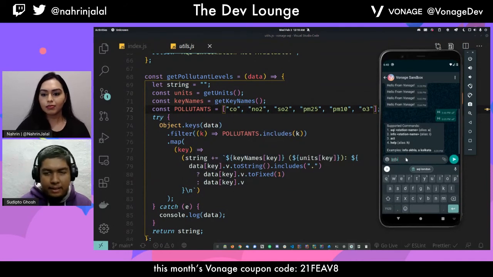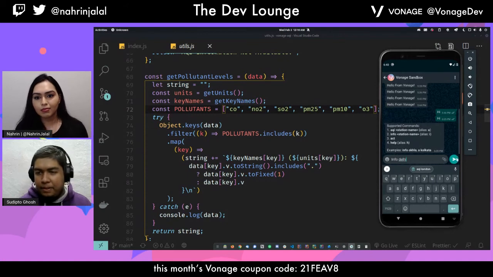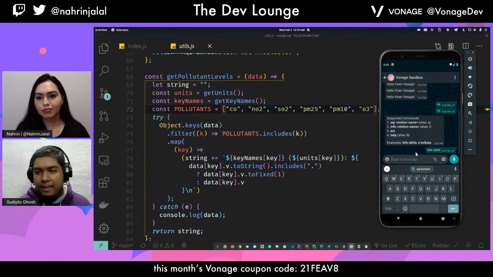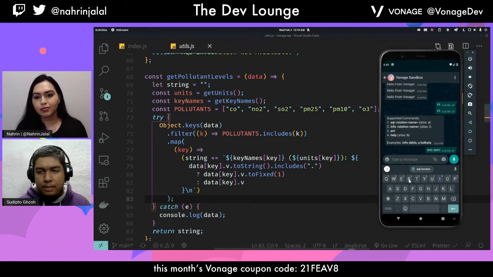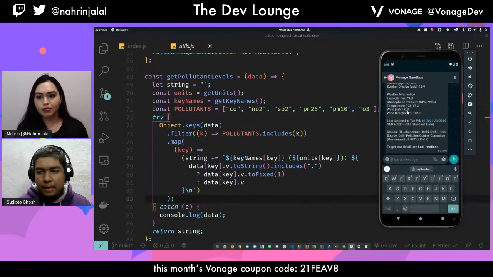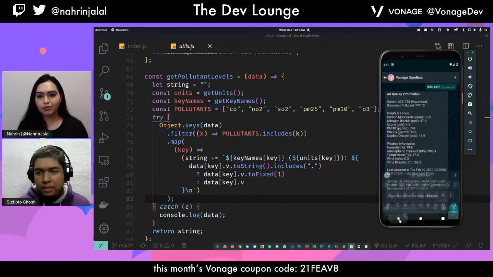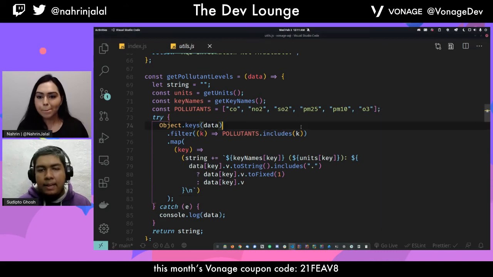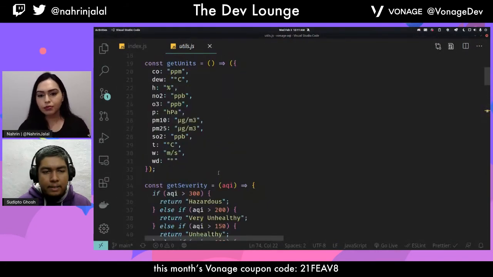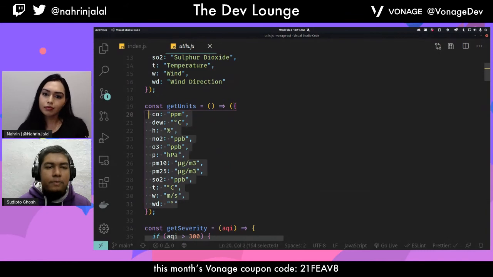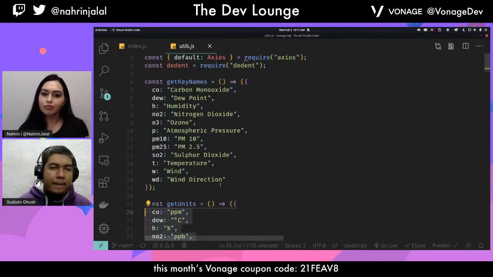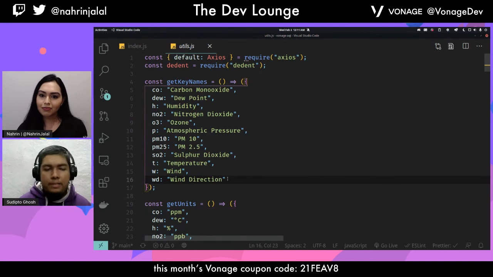So if I say info and let's say Delhi, and I send this message right here, then I should receive... yes, I have received quite a lot of information. So carbon monoxide, the unit for that, as I was saying, these are the different units for each of those properties that we have here. I actually had to do a bit of research to find out what units this service is reporting in